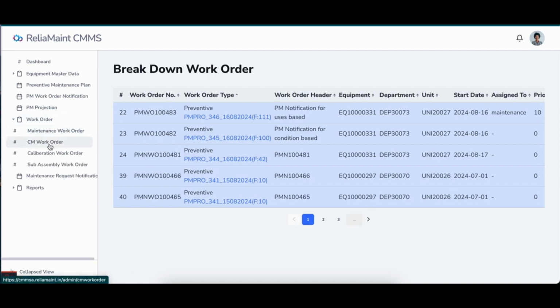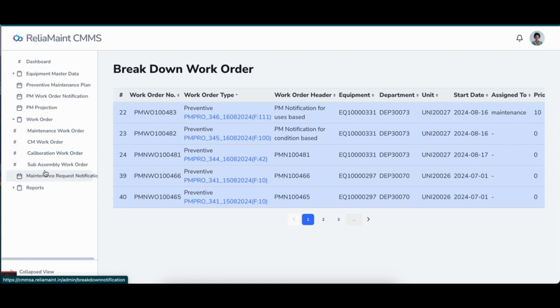Then we have CM work orders, which are also part of maintenance work orders. Then we have calibration work orders. We can have work orders for calibration of instruments. Once we create a certain measuring point, if we write the calibration frequency in terms of days, it will generate the corresponding work order automatically. Similar to the equipment work order, we can create them manually also. So that will support the calibration. You can monitor the calibration of your instruments.